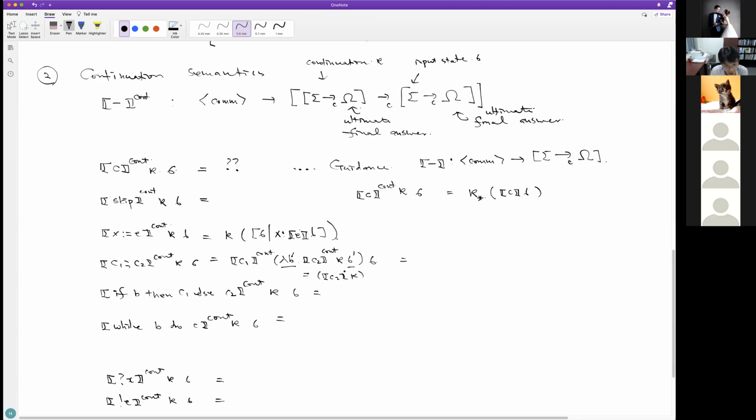So more succinctly, it can be written like this: C1 continuation, C2 continuation kappa, and sigma. Okay, so then for the input, we have to run continuation kappa after taking the input.